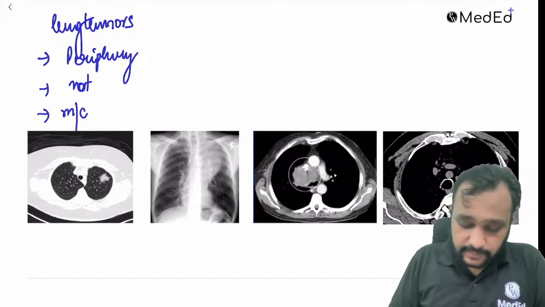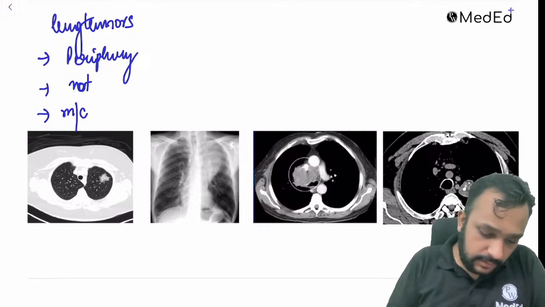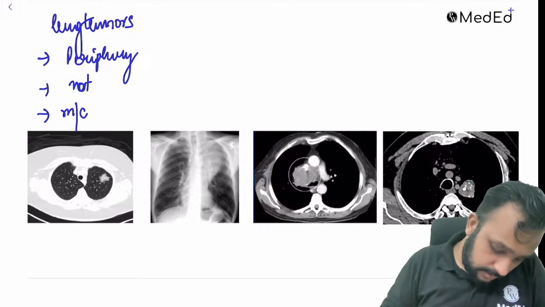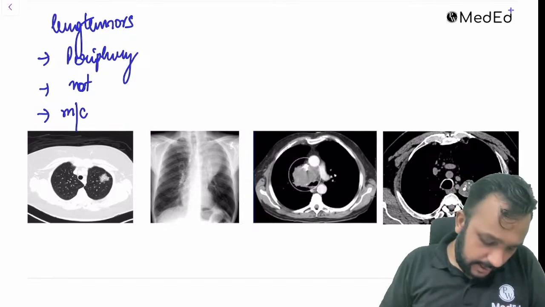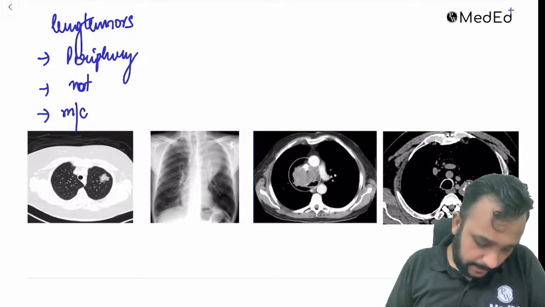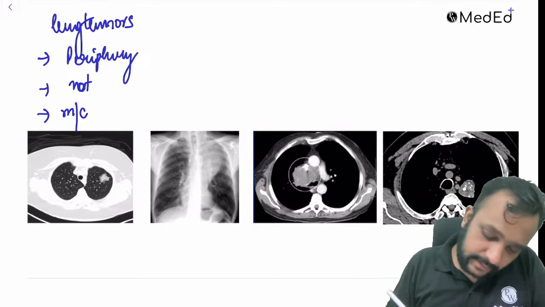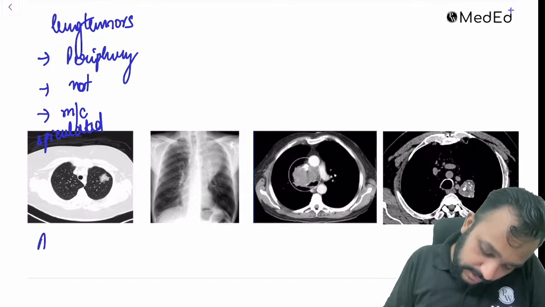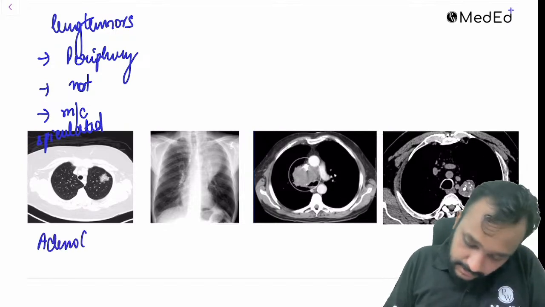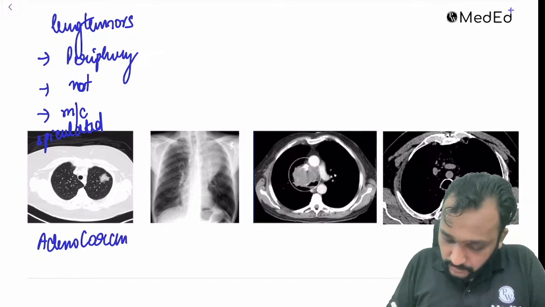And guys, this lesion is having spiculated margins. So this is seen in patients with adenocarcinoma,